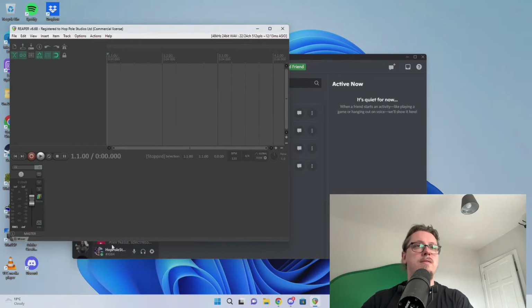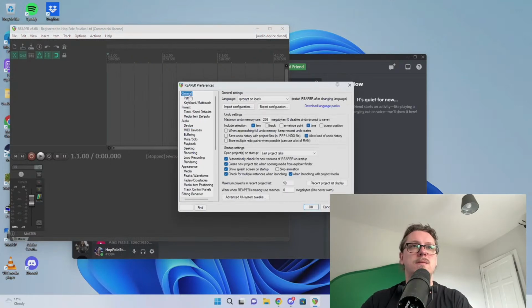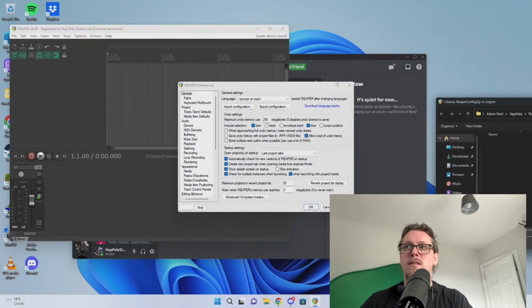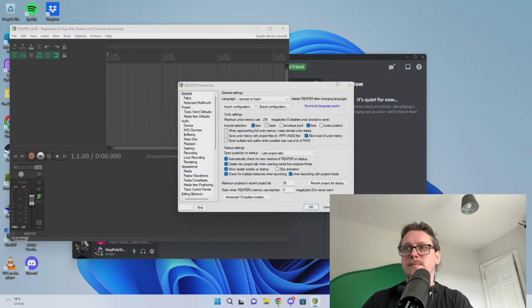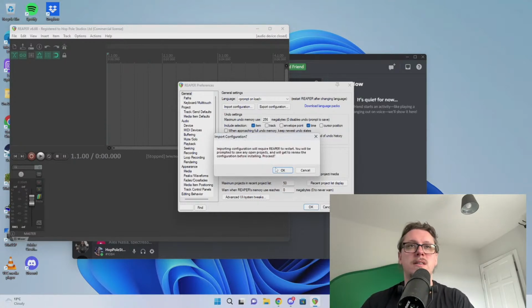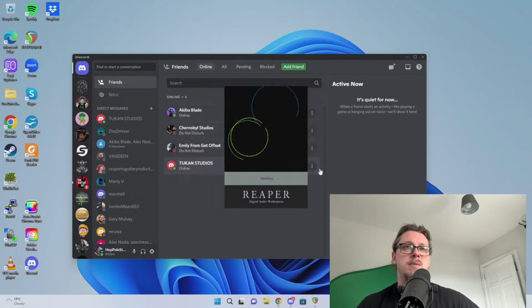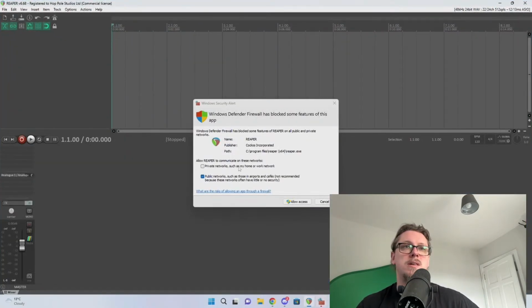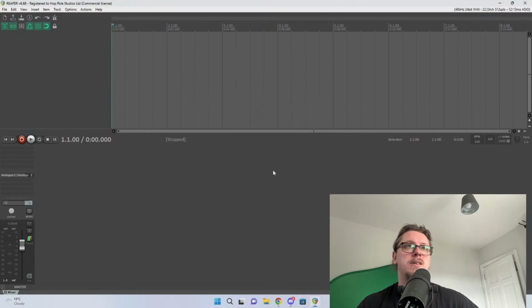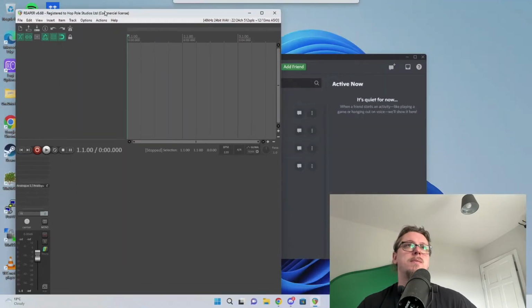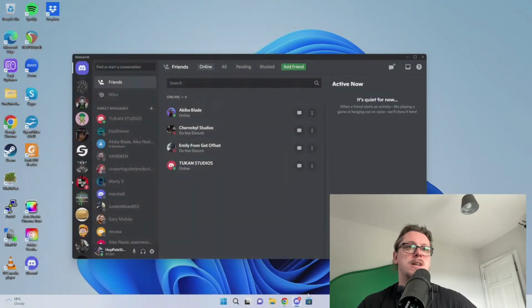Let's look at the preferences and import configuration from Dropbox. Dropbox, common files, 2022.reaper.config. Yep, will require Reaper to restart. That is fine. Import. Allow access for Reaper because I do stuff with it. There we go. So I just need to install the extensions now, which would be